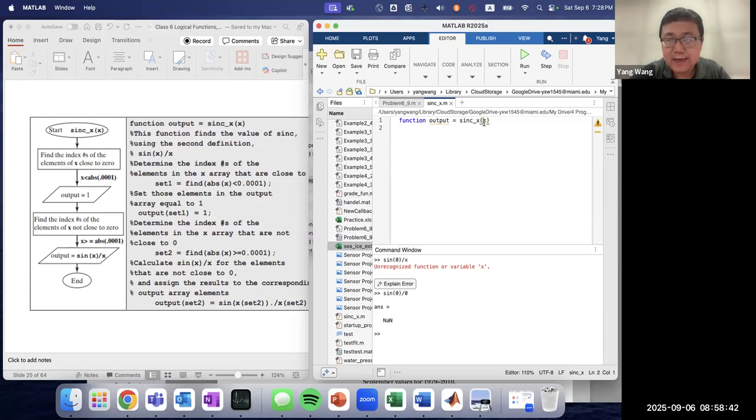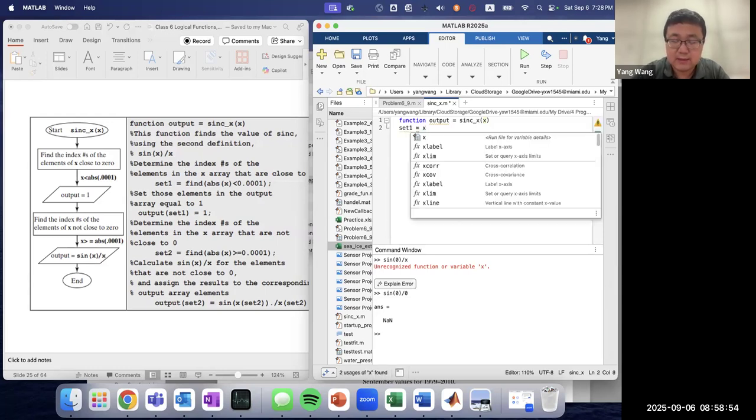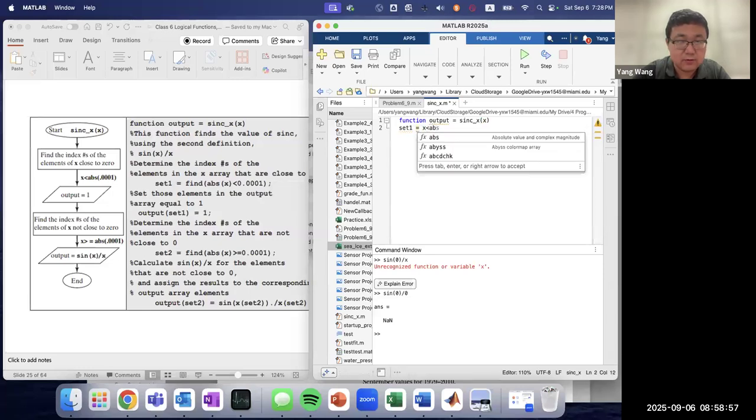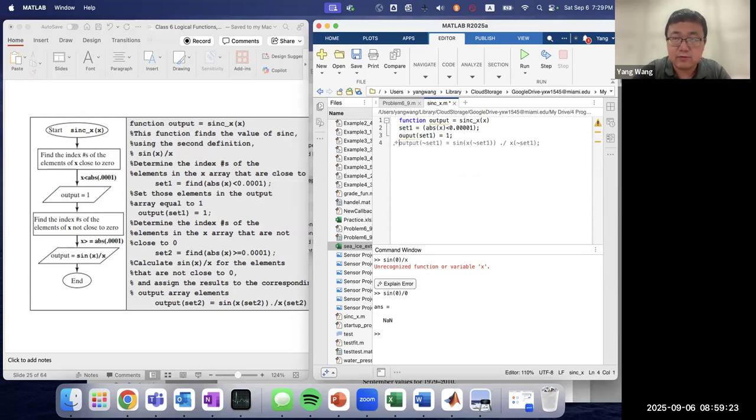Since x is an array, we have to first find out the index of this array that has elements that are too close to zero. So the absolute value of x is smaller than 0.0001. You can even make it smaller, okay? And then we will directly set the output at those indices to be one. Okay, and then for the rest,